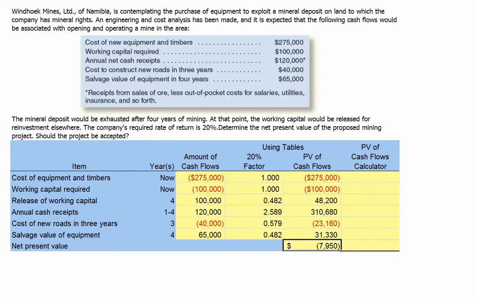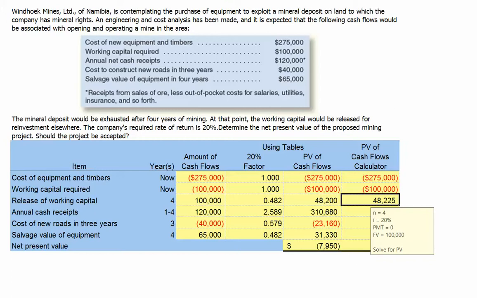Let's go ahead and take a look at the cash calculations using a financial calculator. Again, the time 0 cash flows, the cost of the equipment, and our initial working capital investment don't need to be discounted back. The release of the working capital in 4 years, though, will be solved for in our financial calculator by entering 4 periods, a 20% interest rate, 0 for the payment, and $100,000 as the future value that we expect to receive at the end of 4 periods. Solve for the present value and get